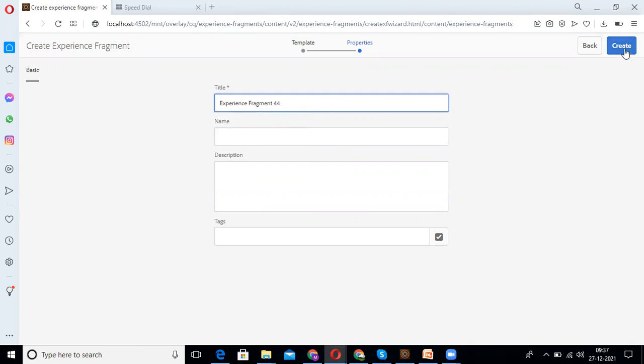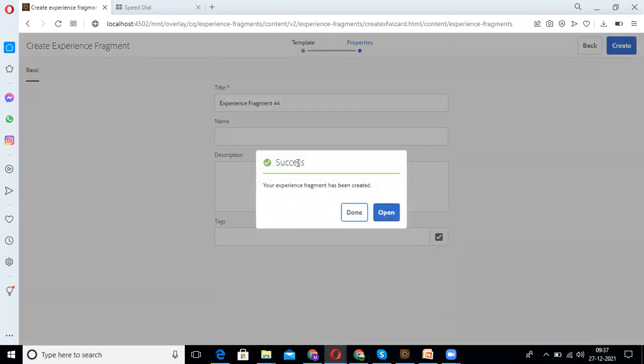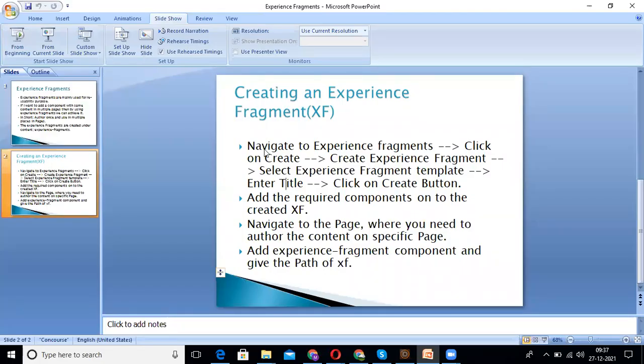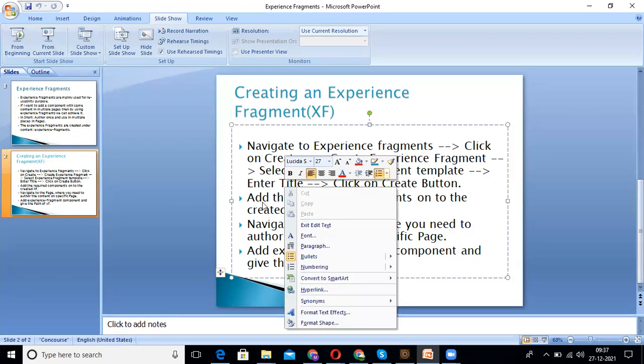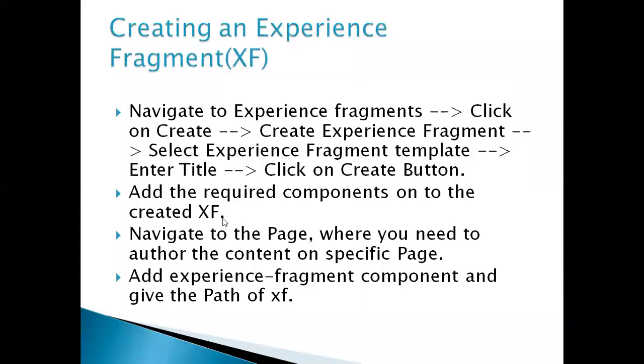Then create. Now the experience fragment is successfully created. I need to open it. See, the experience fragment is successfully created. Now we need to add the required components to the created experience fragment.